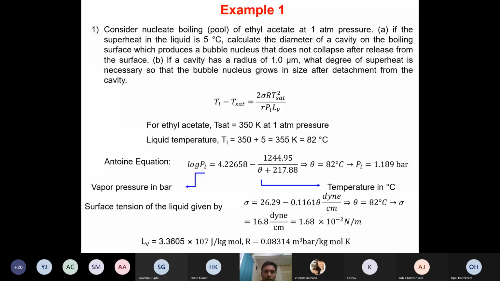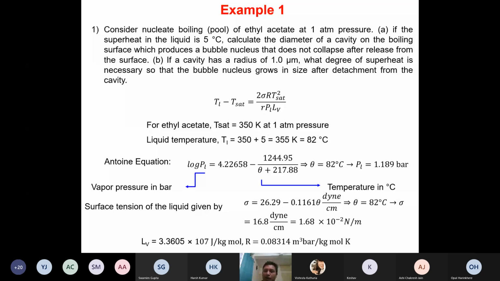Into 10 raised to the power 7 joule per kg mole is given in a bar, so we can use R in the corresponding unit. So that becomes 0.08314 meter cube bar per kg mole Kelvin. Okay, so if you put all these values in this equation, TL minus Tsat we already know that is equal